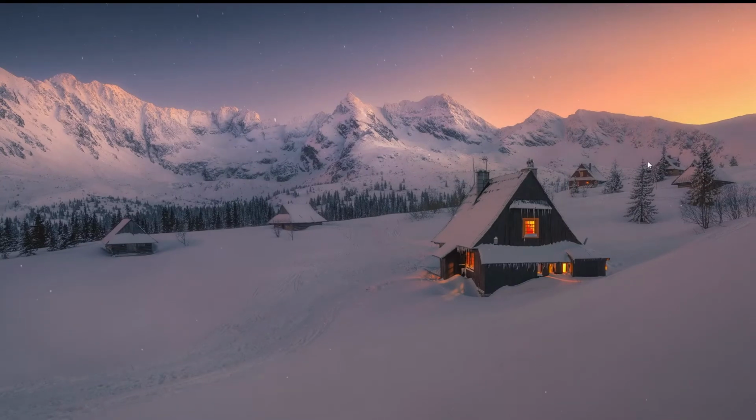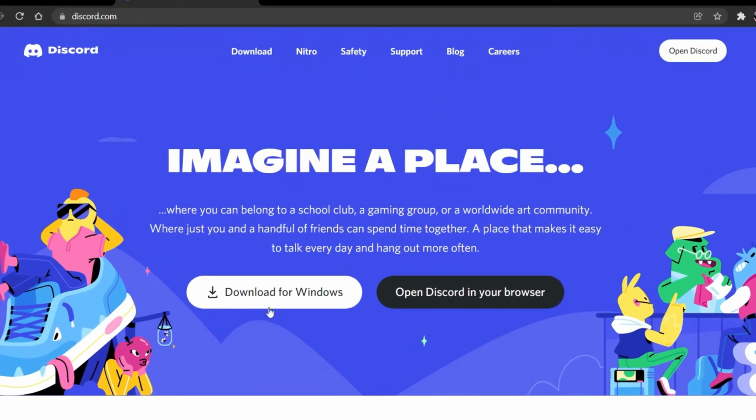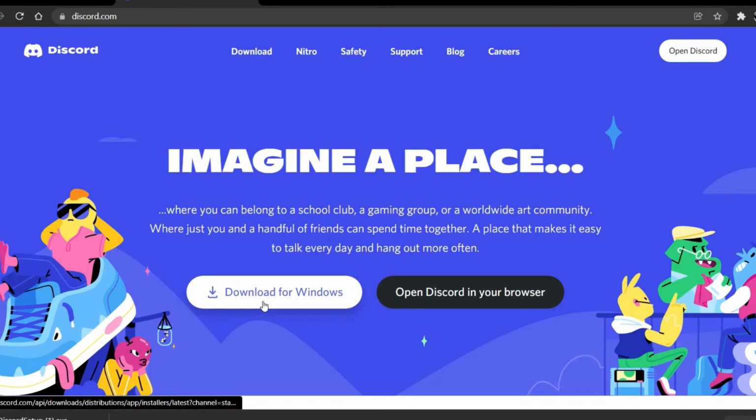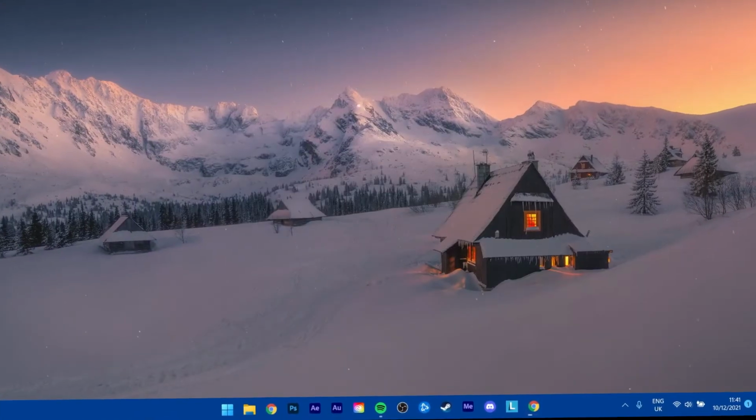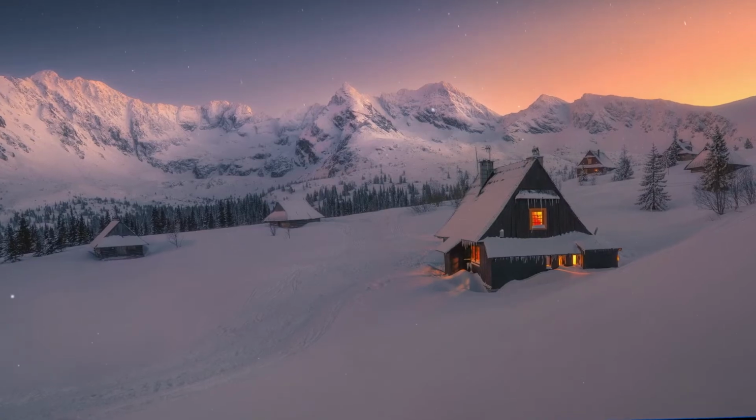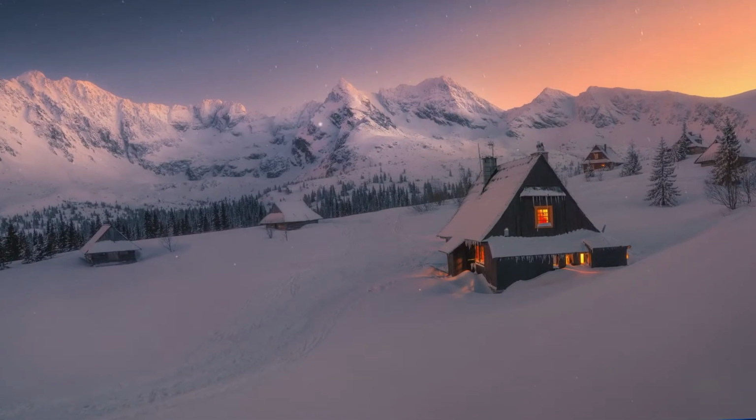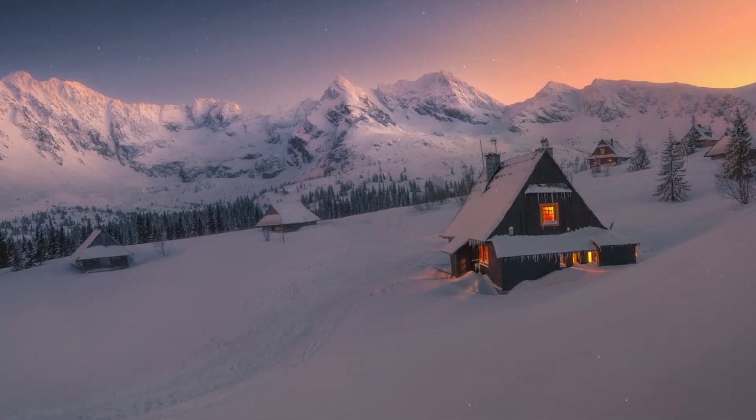When navigating to discord.com, you will be able to re-download the installer, which should only take a few seconds to complete, until you can use Discord on your system again. You should also exclude Discord from being detected by your antivirus application, and you need admin permissions to properly install